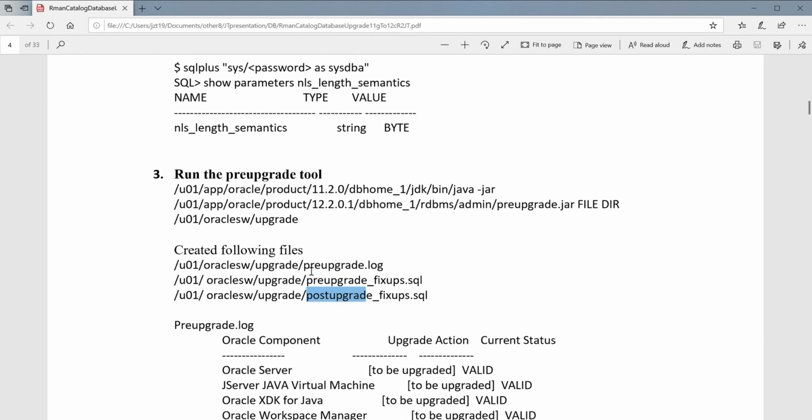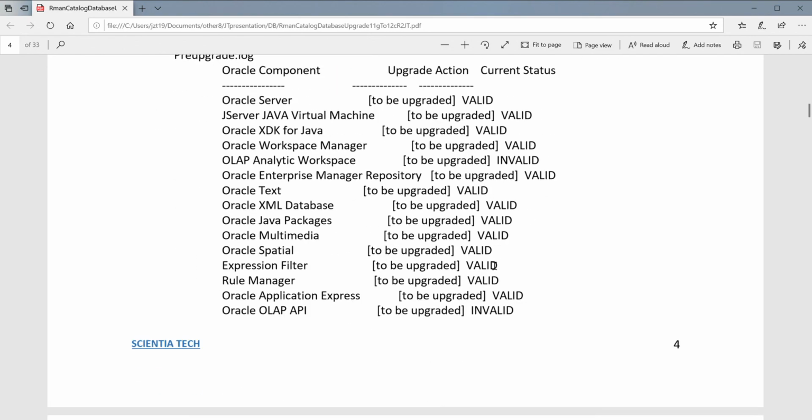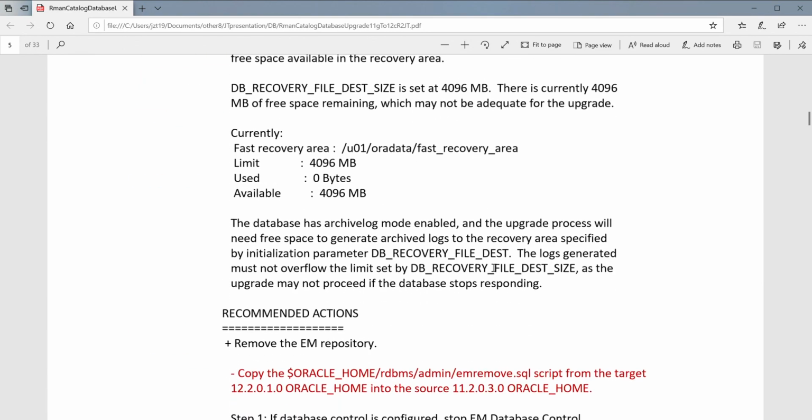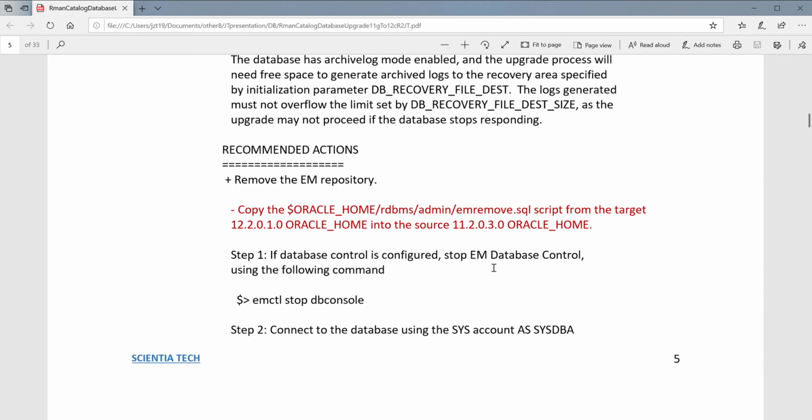So first, let's check this file. This file gives you a lot of information, suggestions, what you should do, everything. But some of them you need to pay attention to. Here they are marked with red. One is to remove the EM repository, because this will be different for your system. Your system may not have it, but my system has it. That's the reason why I have to look into this file to see what I should do in my system. Remove this one generally